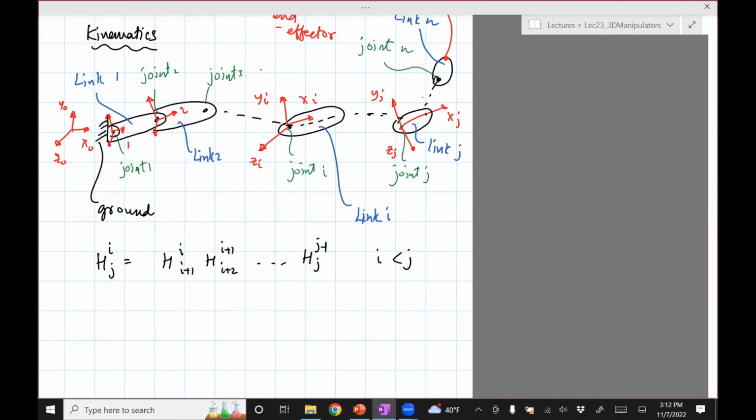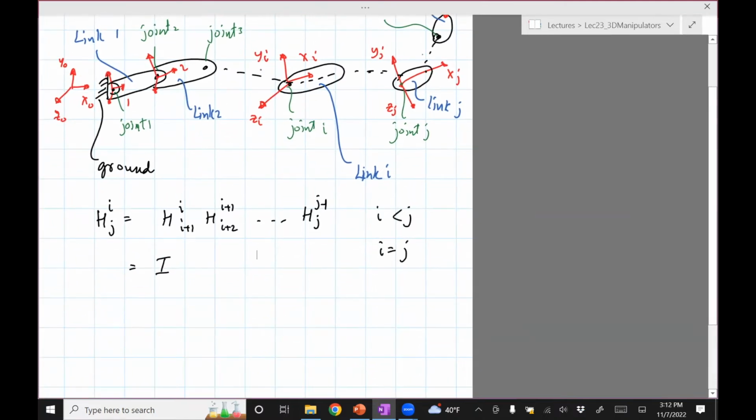Remember that you are numbering from 0 all the way to N. In this case, as I've shown it, I is less than J. And so you will just take these H matrices which I wrote down and multiply them. If you want to find what happens when I equals J, that is joint I is the same as joint J, that is simply the identity. And then if you want to figure out what happens if I is greater than J,